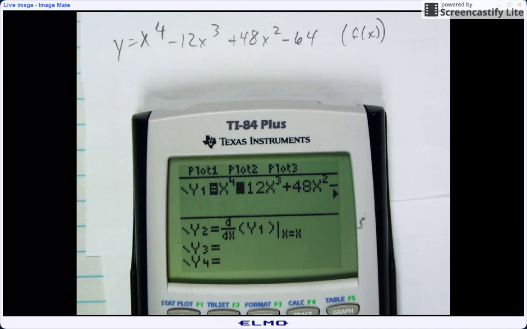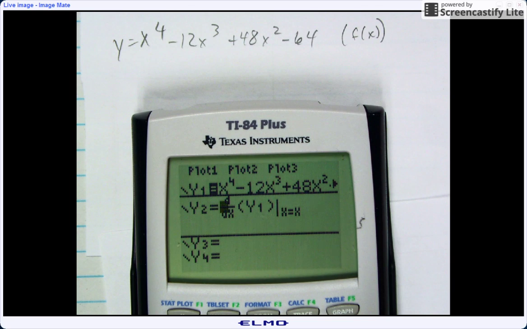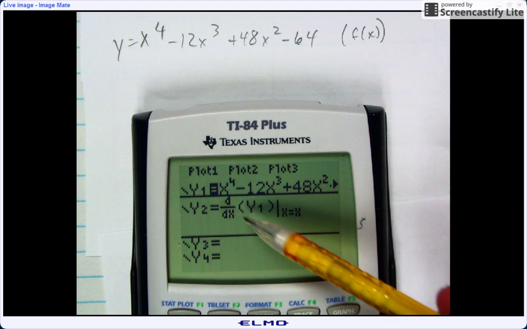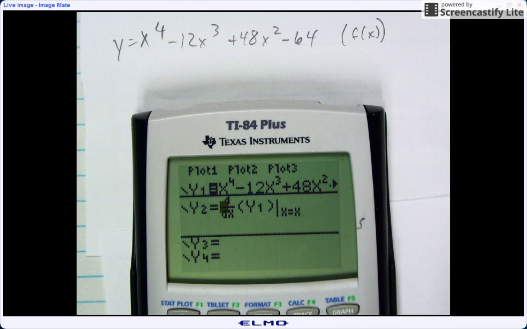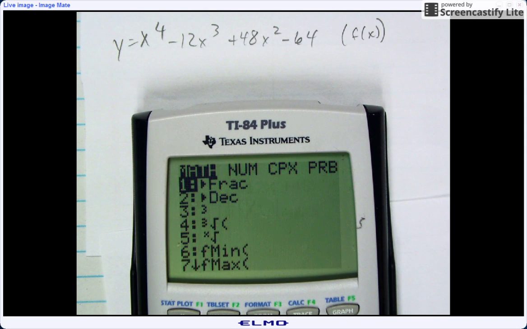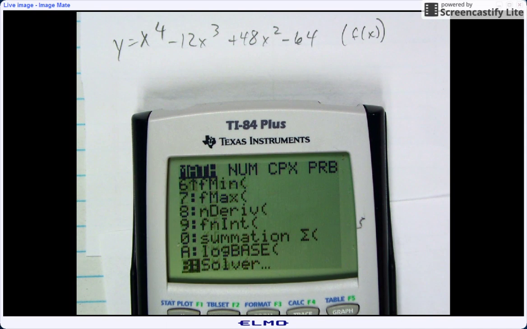Okay, and then I have a derivative of my y1 set up here, and the key is instead of x equals a number, you put x equals x. We're not going to graph it yet, but we leave it there. And if you wanted to, you could even do the derivative